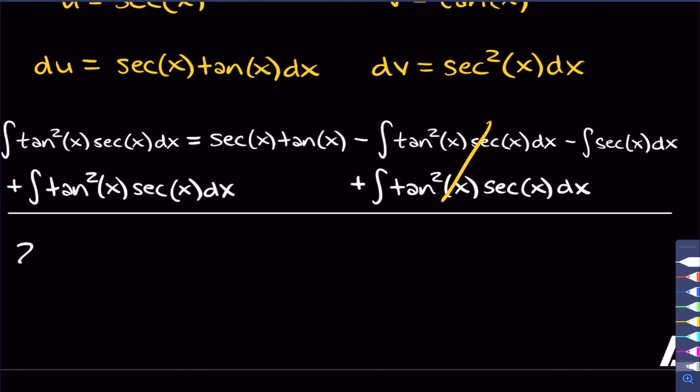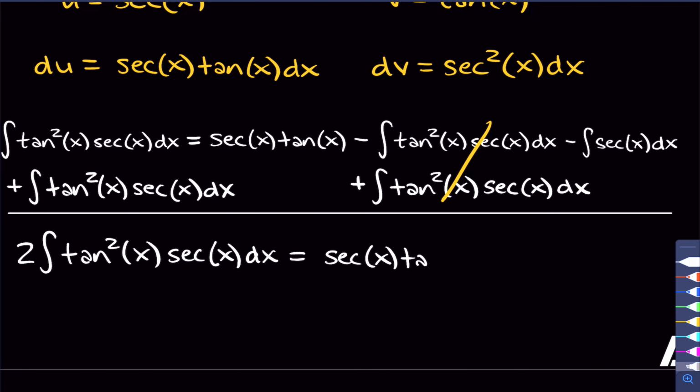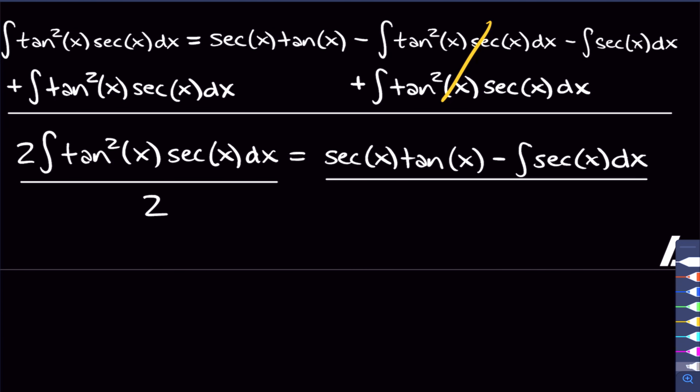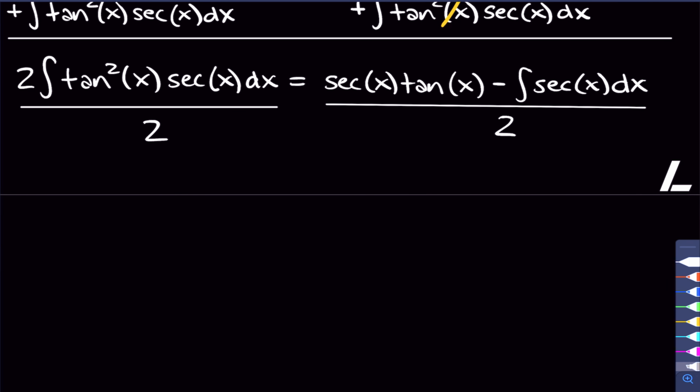And we're left with 2 times the integral of tangent squared times secant x dx is equal to secant tangent minus the integral of secant of x. And so now we can divide by 2 on both sides. And that will give us that the integral of tangent squared of x, secant of x dx,